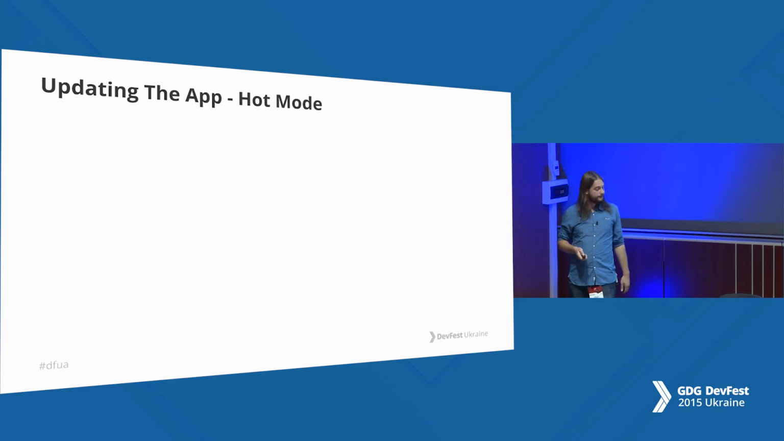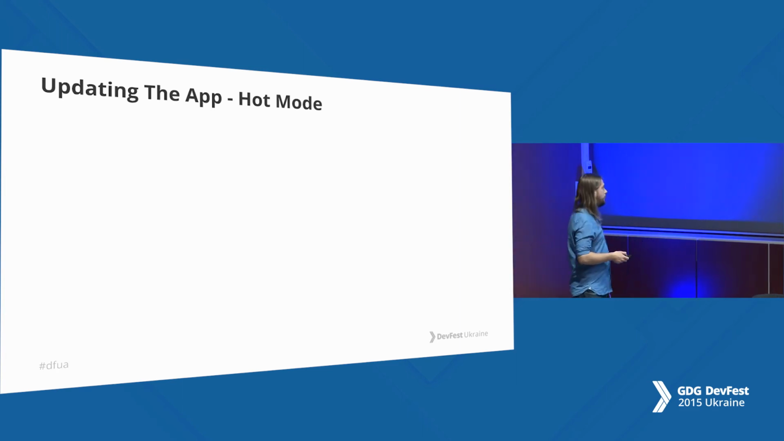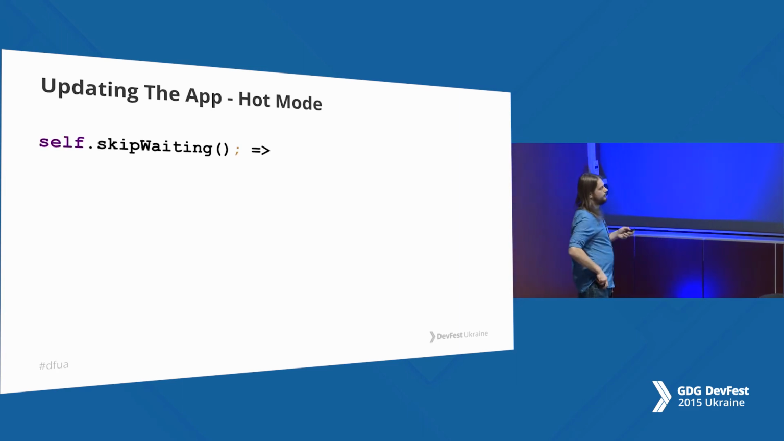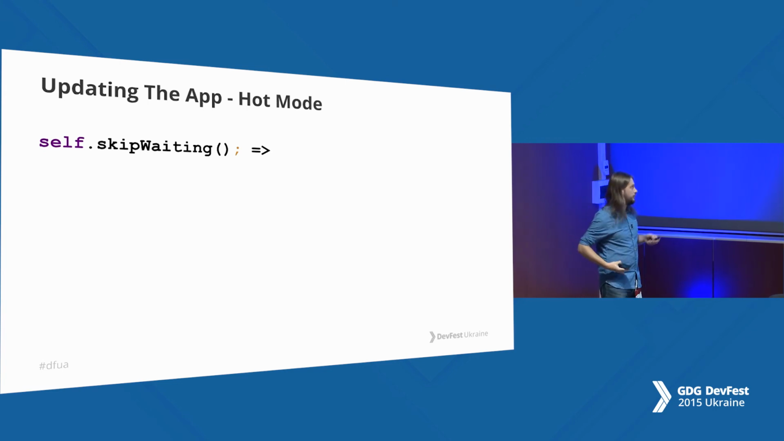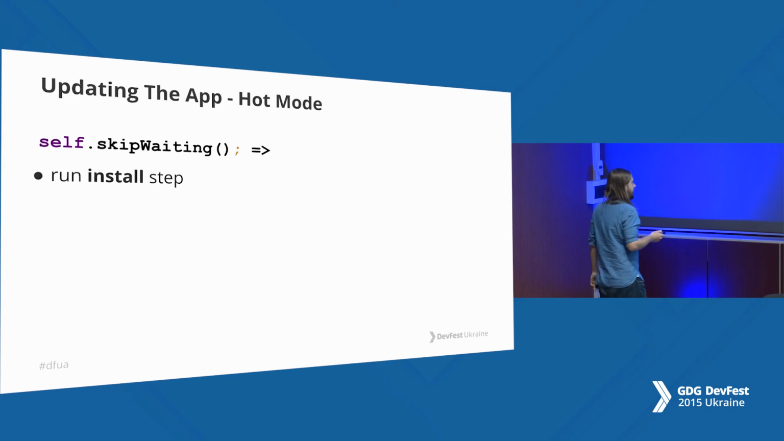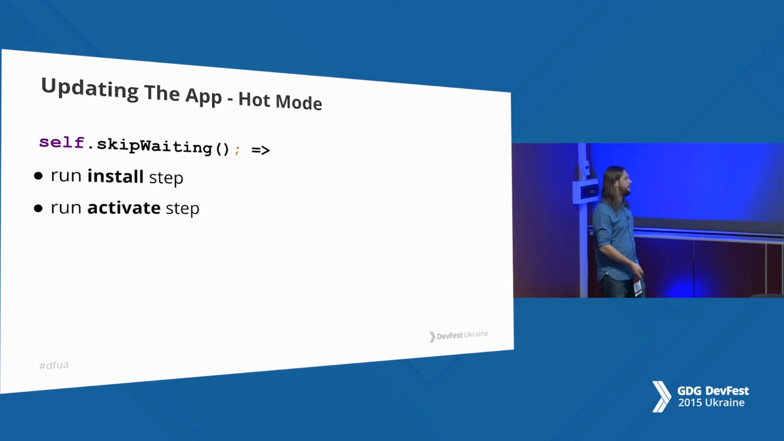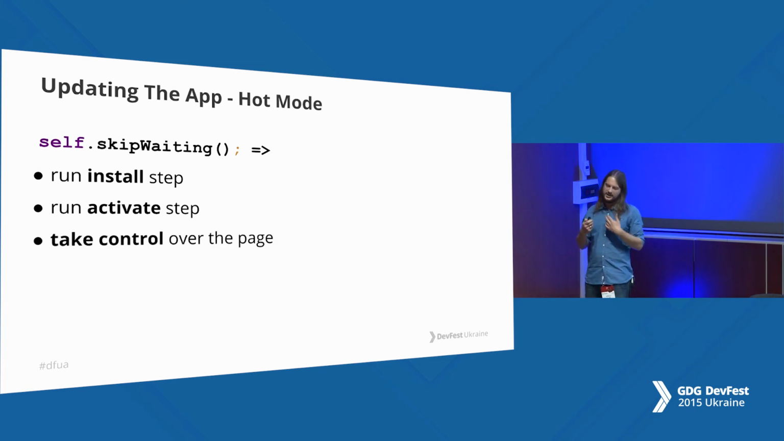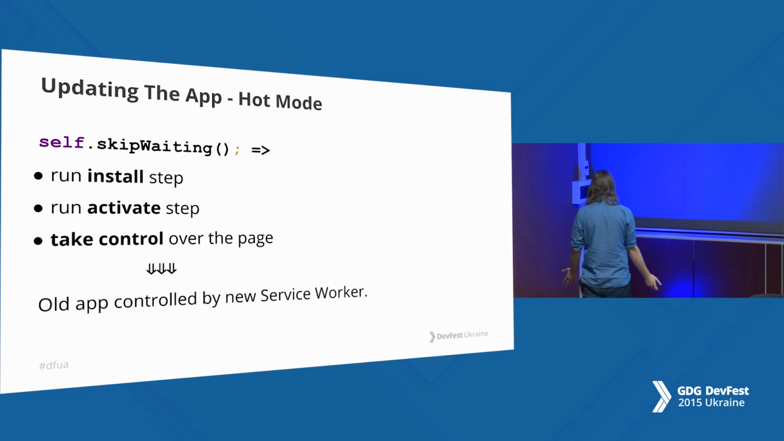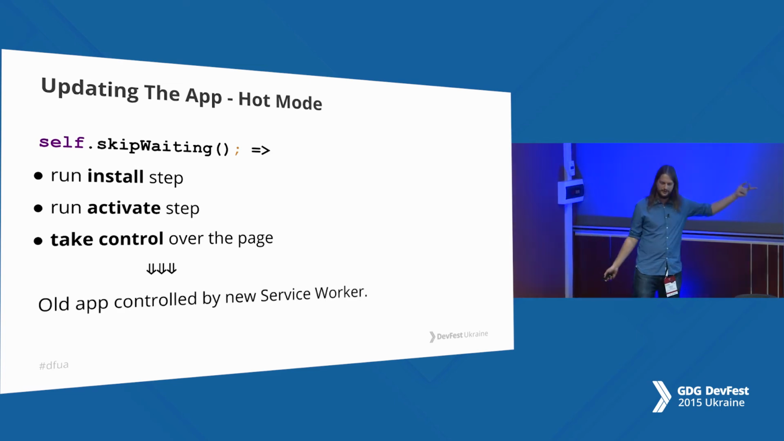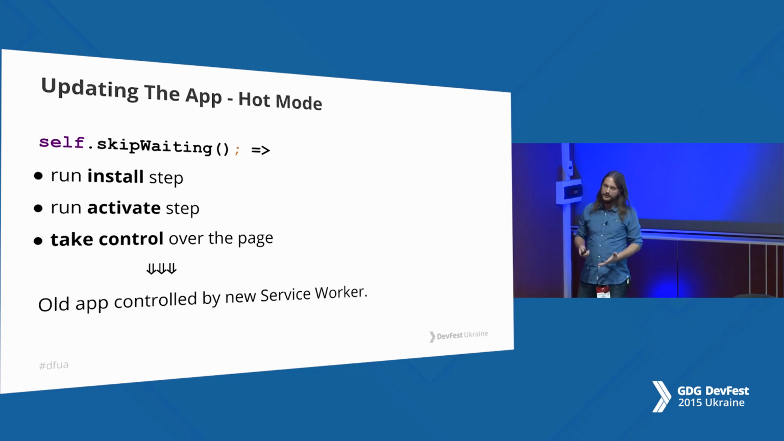And another mode is a hot mode. To apply it, you need to call skip waiting inside of service worker. And this mode is much more simple. It just runs install, it just runs activate, and immediately after that, it takes control over the page. And what do you have? You have old apps controlled by the new service worker. It's a really important point, because